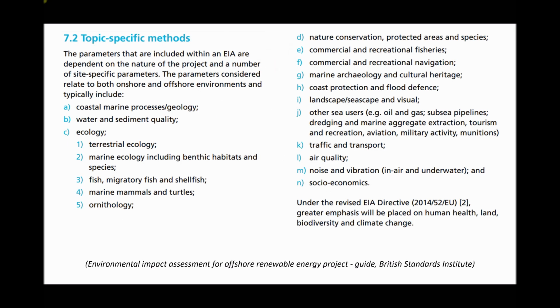The information we're looking at here is taken from a document called Environmental Impact Assessment for Offshore Renewable Energy Project, and this document is the property of the British Standards Institute. Over in the top left-hand corner, it says the parameters that are included within an EIA are dependent on the nature of the project and a number of specific parameters. The parameters considered relate to both onshore and offshore environments and typically include: